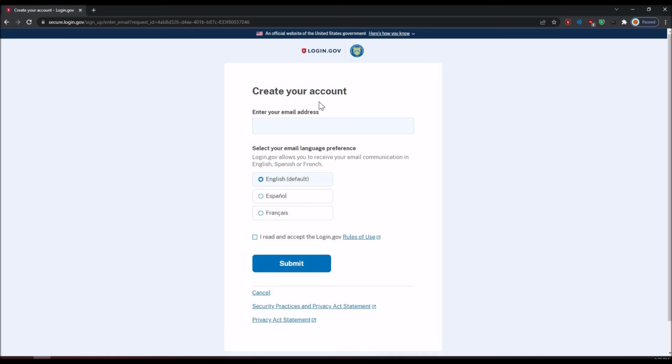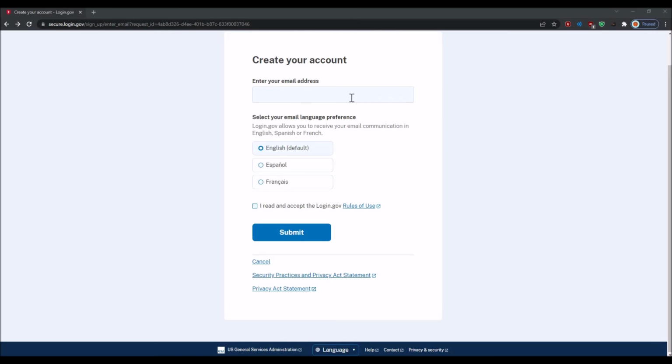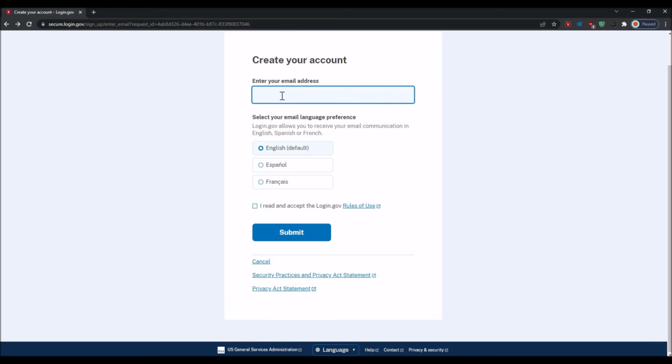And you'll see here a screen pops up asking me to enter an email address, the one that I would be using to log into the portal. Now, it's important that you make sure that the email address that you use to populate your account is the same one that you provided to your state and territory in order to identify you as a point of contact for your NEU jurisdiction.